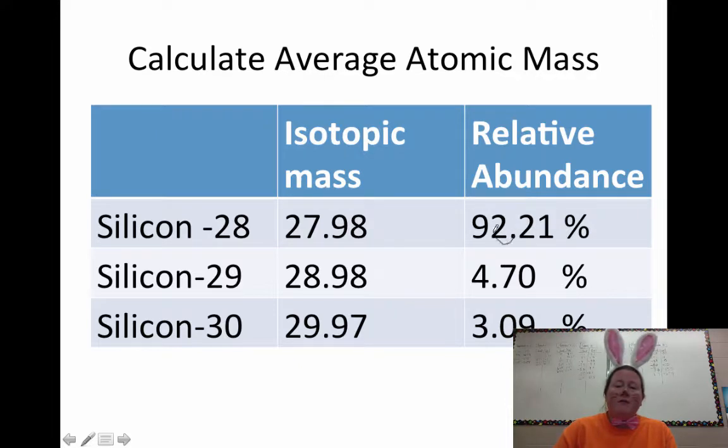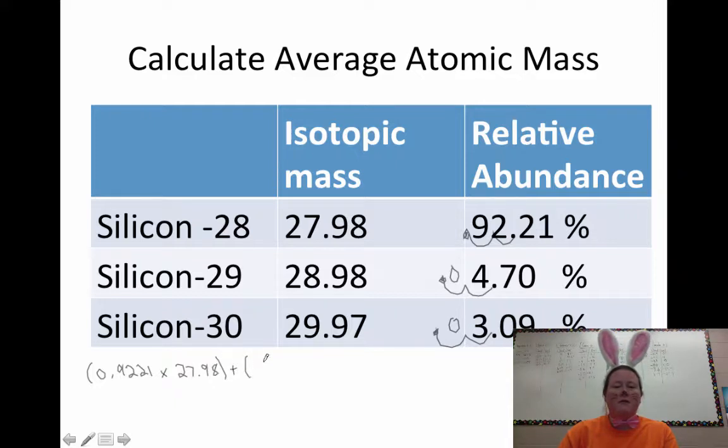So let's move this decimal place over 2 places. 1, 2, that puts a 0 here. 1, 2, puts a 0 here. I write the percentages first. I have 0.9221 times 27.98